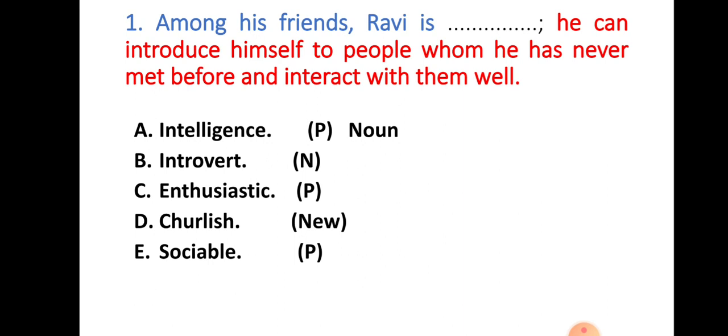So what I've done here is I have eliminated two options. Option A is eliminated with the help of the first technique, grammatical category, because it's a noun. An introvert is negative, and I'm searching for a positive word, so I have eliminated introvert. Now I need to pick one from C, D, E. When you learn these techniques, this is what you can do. There are 5 options, out of which 2 have been eliminated. Now you have only 3 options, and from the 3 you need to pick one. So your job has become easier. Picking one from the 5 is more difficult than picking one from the 3.